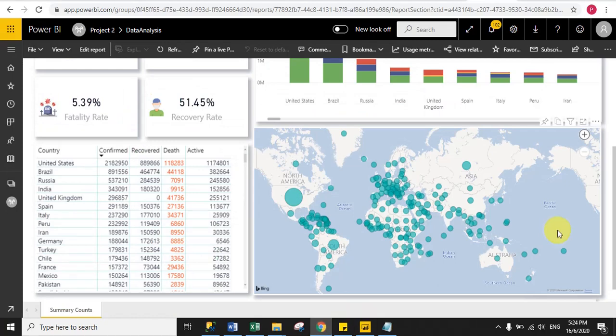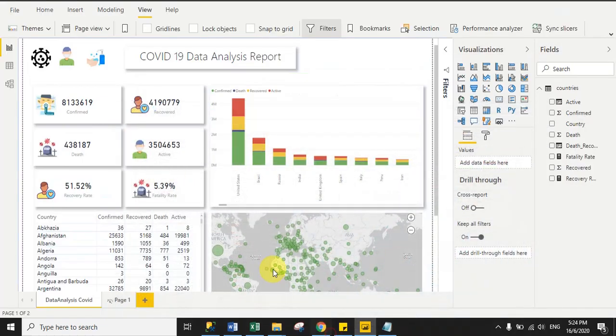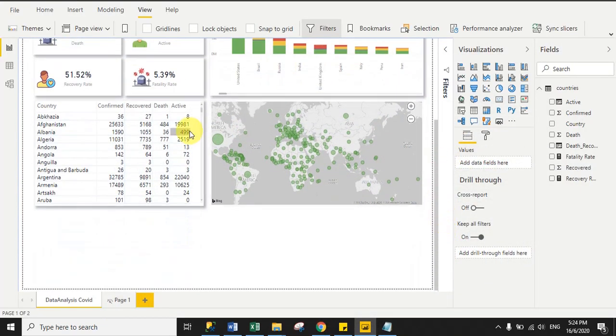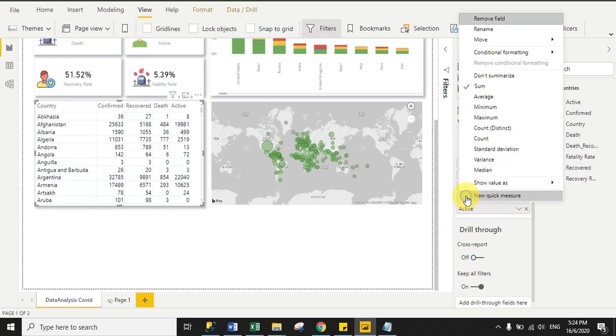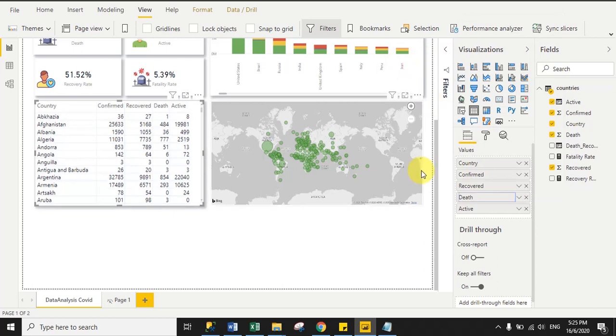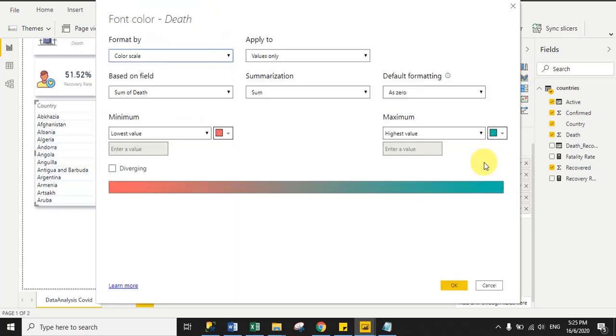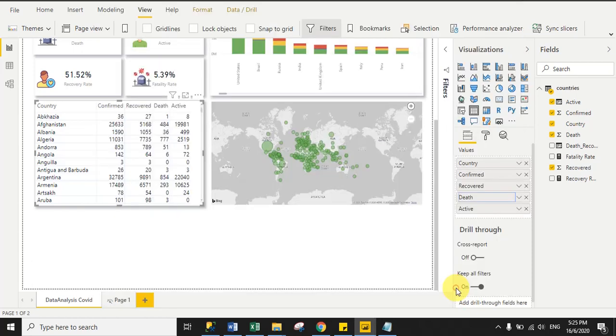what is left here, you can change the death column values. So it is showing in red. So here we used conditional formatting. So just select the table visuals and right click to the death column, and then go to the conditional formatting, then click to font color, and in lowest value select the red, and in highest value also select the red, and then click to OK.